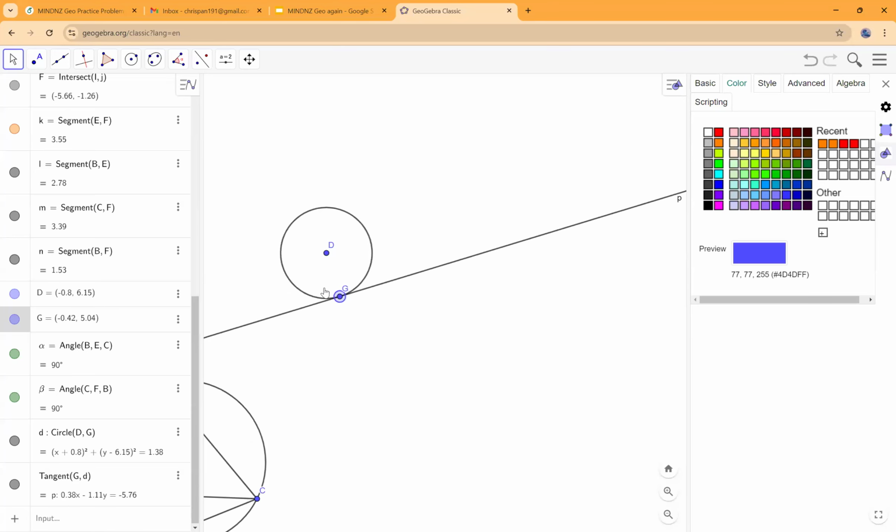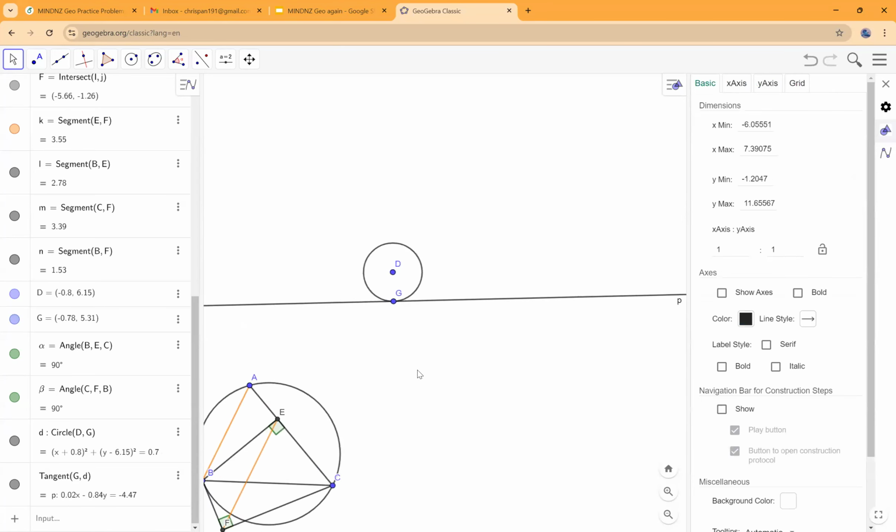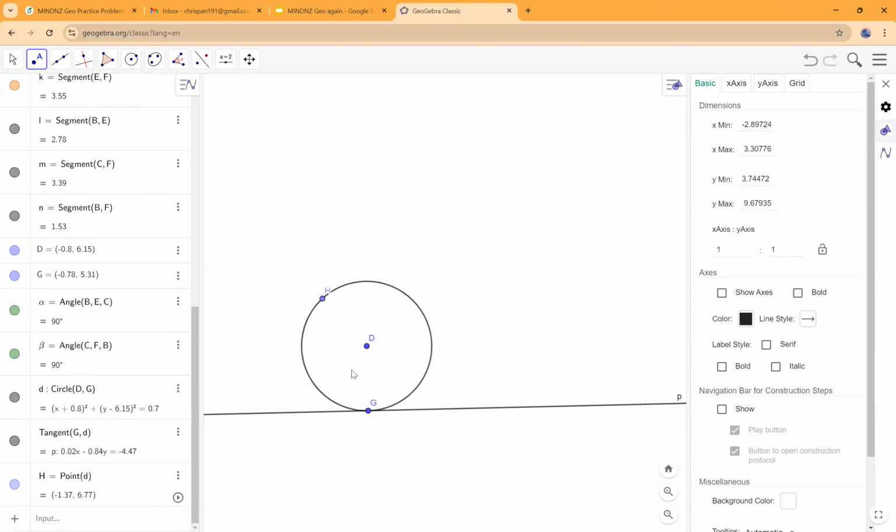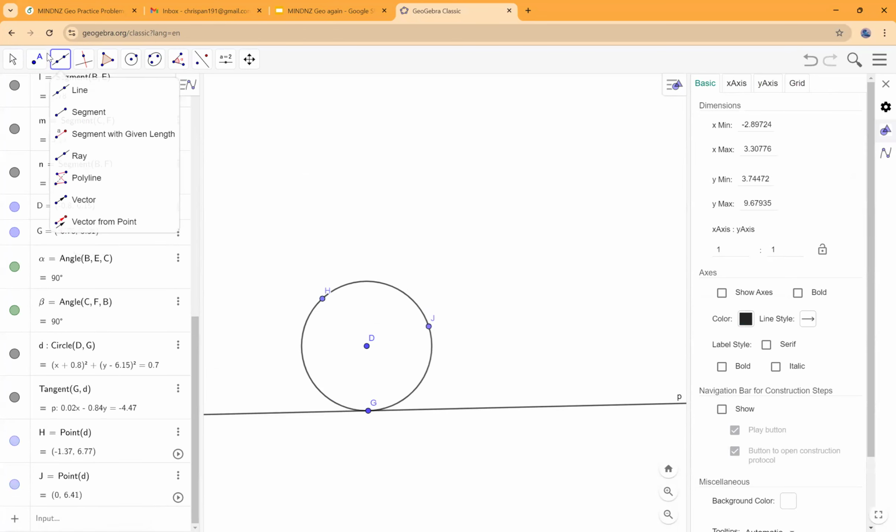Okay, maybe I'll do it like this, right? Let's say I have a line that's tangent to a circle through a point G. What the alternate segment theorem tells me is that if I have a kind of triangle coming out of it,